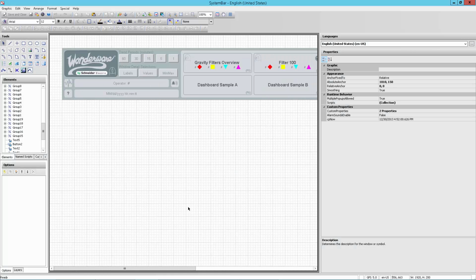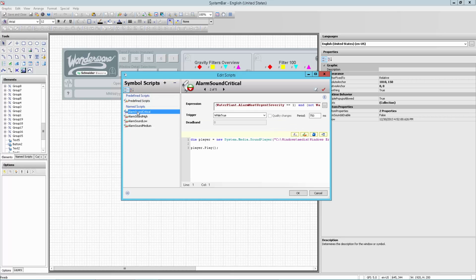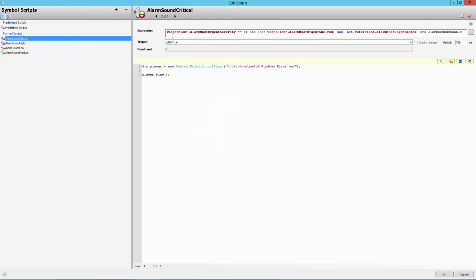The way that I've done these alarm sounds is actually in the system bar definition itself. I have gone through and added just a script that basically says here's an example of how I do the critical. In this script, it determines that there is, on the water plant area for this demo, the most urgent severity, a 1. Is it not shelved? Is it not acknowledged? And has it been enabled? If all those turn out to be true, then every 750 milliseconds, play this sound, which is on the Windows